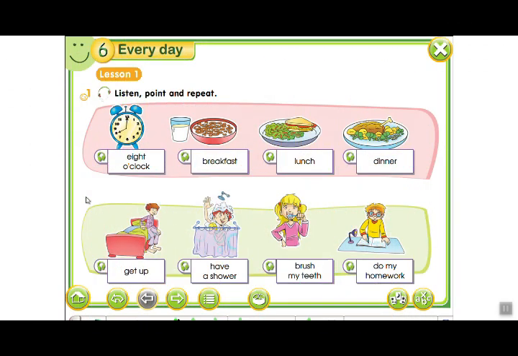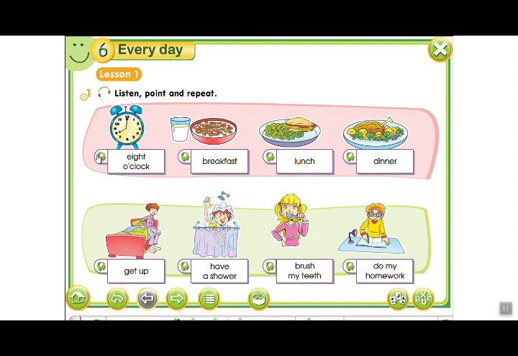Hi everyone. In today's lesson, we are going to see how to talk about our daily routines. And here we have some vocabulary that may help you in talking about your daily routines. So the first one is